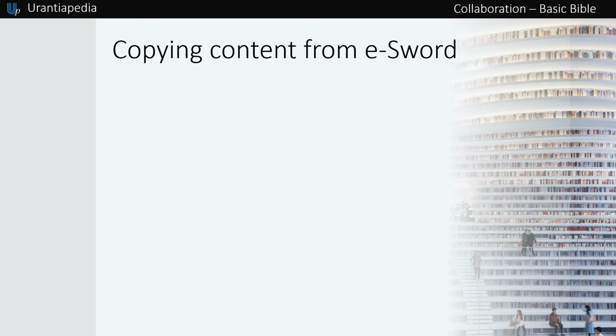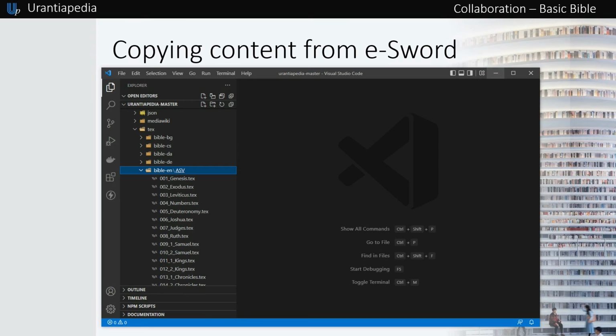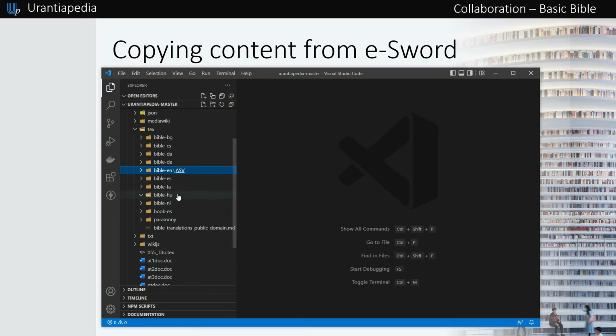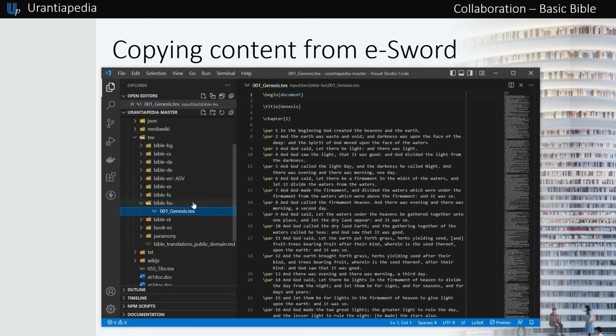Copying content from eSword. For copying the verses from eSword to Bible files, we can use this process. First, copy all the files in another language already available, for example, in English. This way, you have a guide or template for the files.